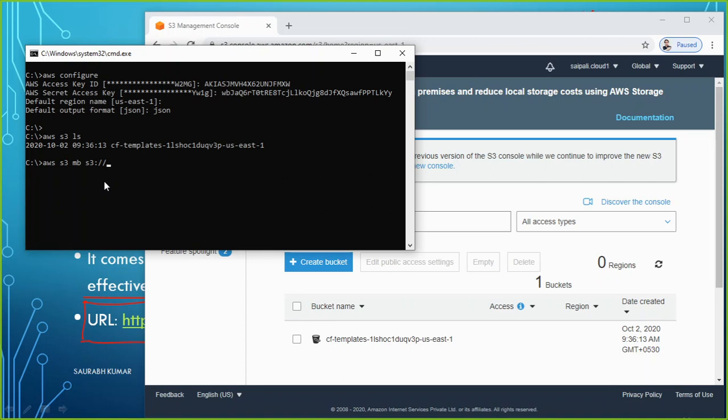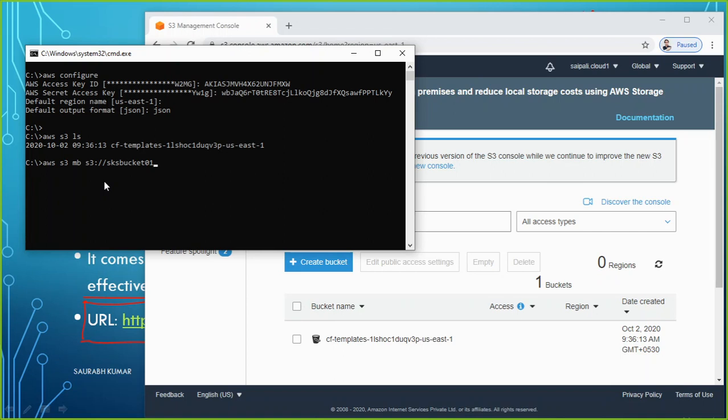So maybe I want to create a bucket with the name, let's say, SKS bucket. That's my name. So SKS bucket 01. That will be my bucket name. Saurabh Kumar bucket 01.